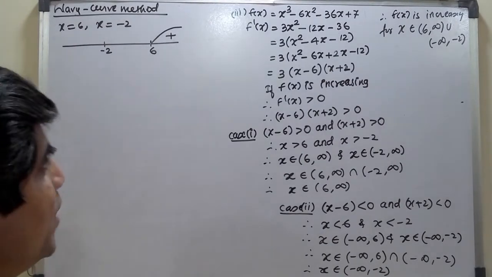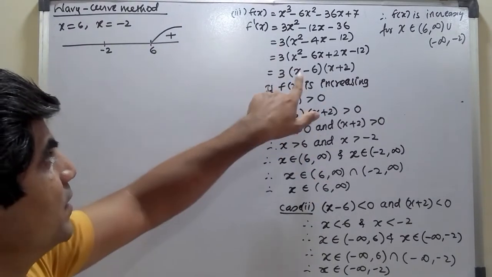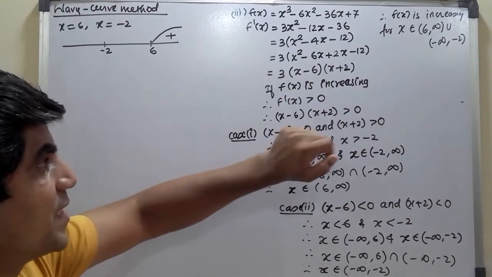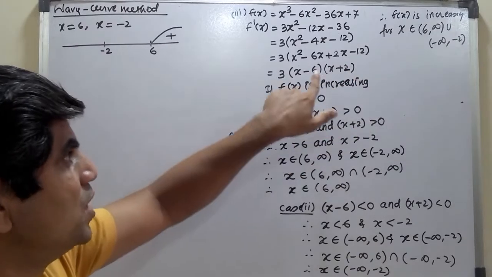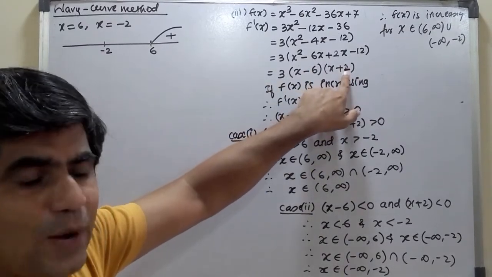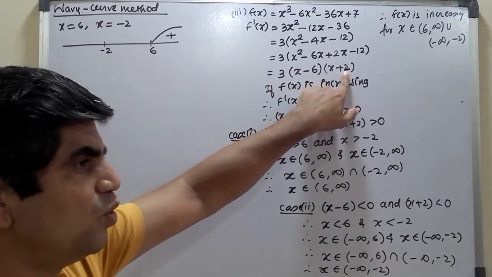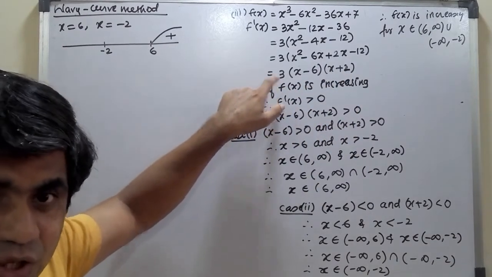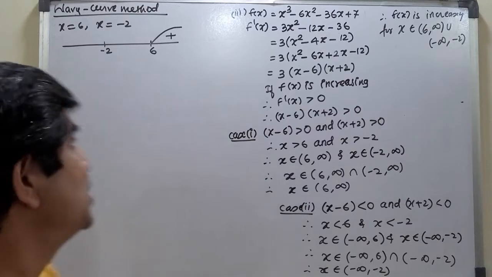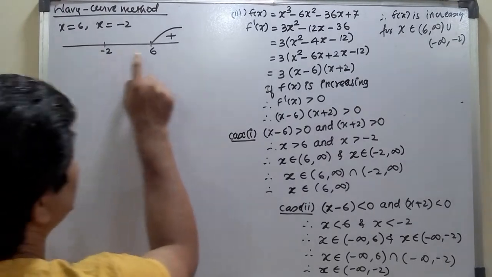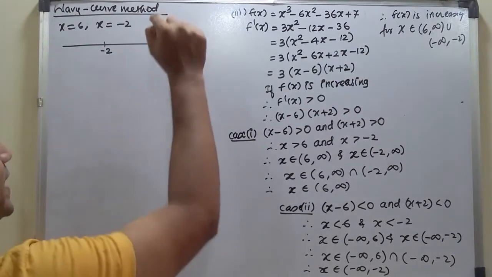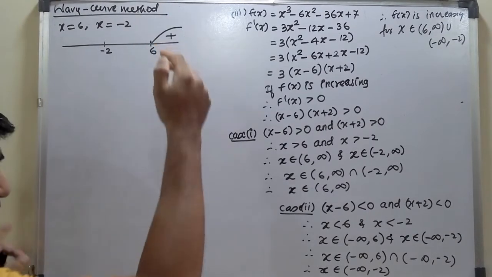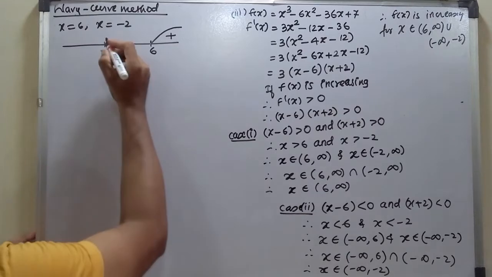Okay. So if you take 0 over here, so forget this 3. 0 minus 6. Agreed that here it remains minus 6. And 0 plus 2, that is 2. So minus 6 into 2. How much? Minus 6 into 2 is minus 12. Minus 12 into 3 is minus 36. So you got answer negative. So the value between minus 2 and 6 is negative. So it is opposing this particular plus sign, right? So if it is changing sign, come down. Draw it like this.